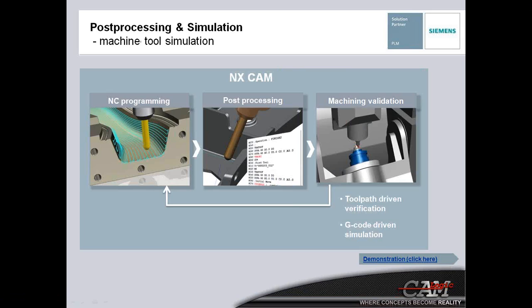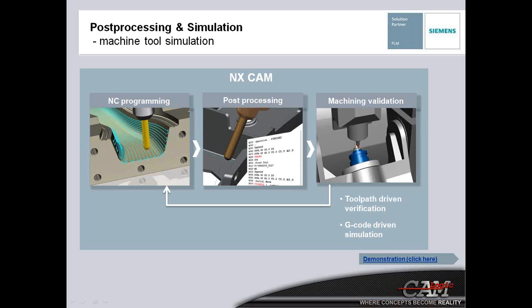We see too often as well with some of the simplest level of simulation that all CAM systems offer is what is called a toolpath simulation, and usually with material removal from the stock shape but no representation of the machine and its actual motion, often referred to as just regular toolpath verification. It's driven from the internal toolpath in most cases. Some CAM systems, though, today can offer a full machine tool simulation where we can see the part, the tool, the 3D model, all of it moving together. Impressive and more interesting than just the toolpath verification,